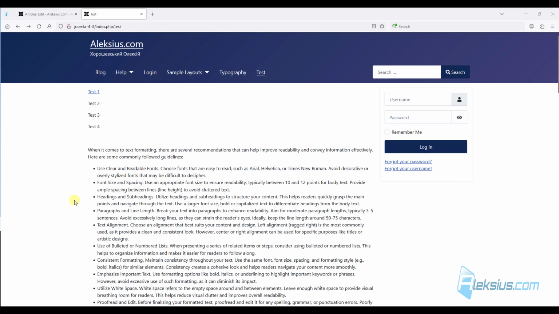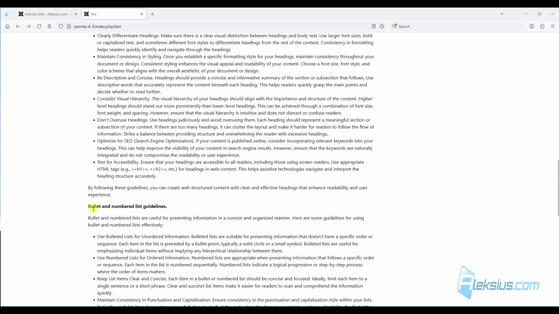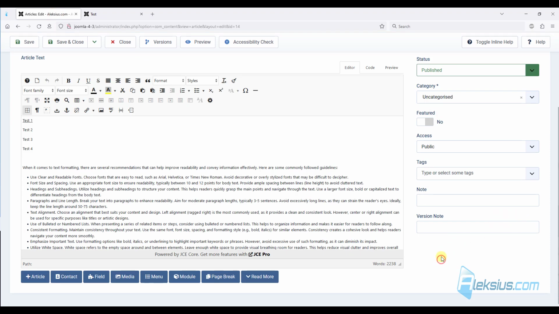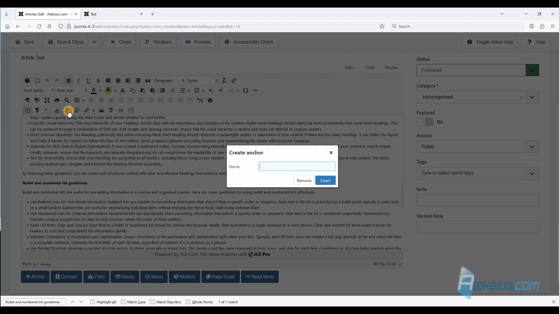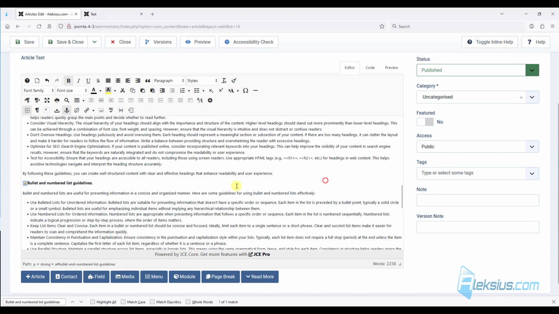Now let's see how to create anchors or anchor links. For example, I want to click on test2 and go on this page to this text. So, let's find this text and let's insert the anchor. Click here and insert the anchor name. The anchor name must be unique. There can be only one exact name on this page. So just insert it, save it,